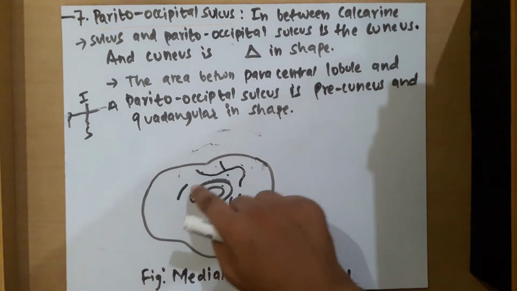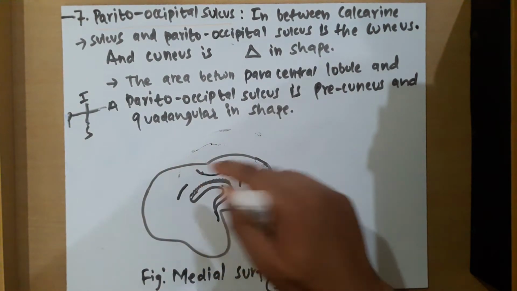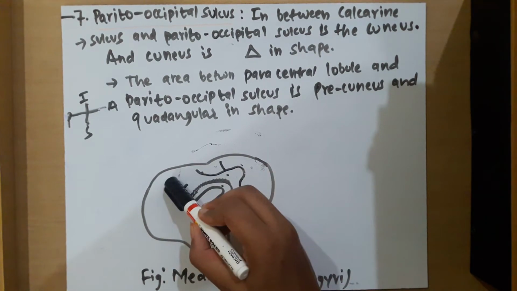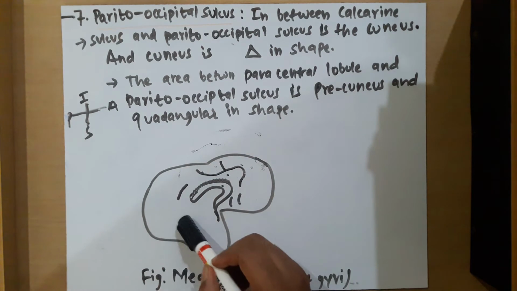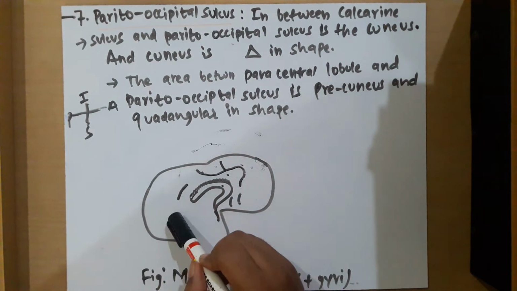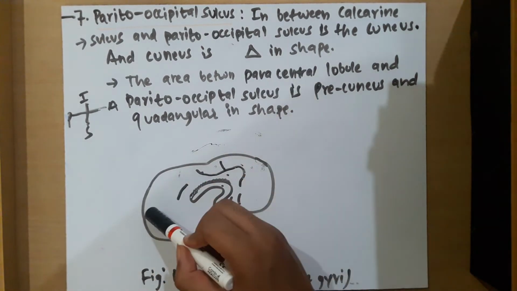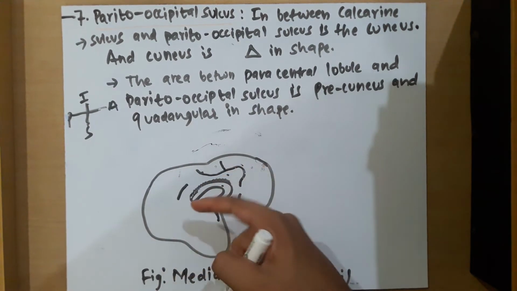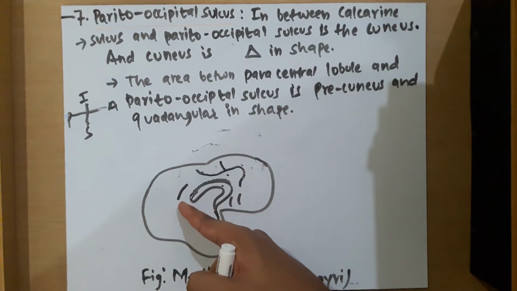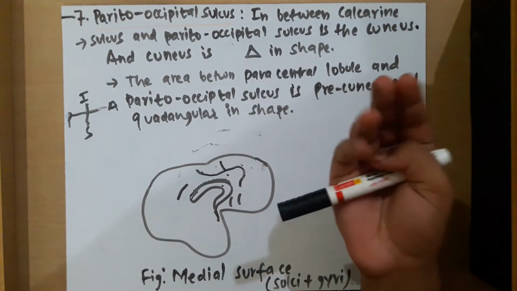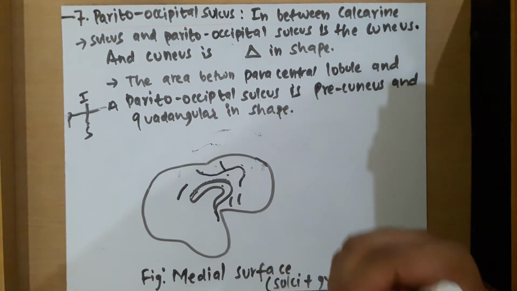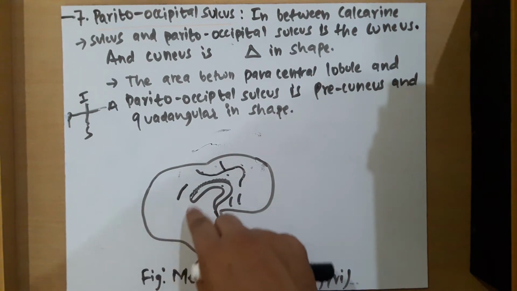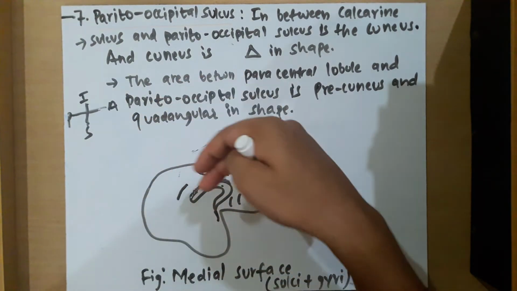The area below the cingulate sulcus is the cingulate gyrus, and this is the precuneus, because we are left to draw the calcarine sulcus and parieto-occipital sulcus. When you draw the calcarine sulcus and parieto-occipital sulcus, you will know the cuneus and precuneus. So if this area is the precuneus, then the precuneus and the cingulate gyrus are separated by the suprasplenial sulcus. So we are not confused with the point that the suprasplenial sulcus is separating the precuneus and the cingulate gyrus.